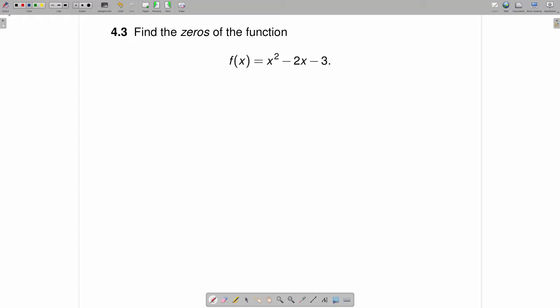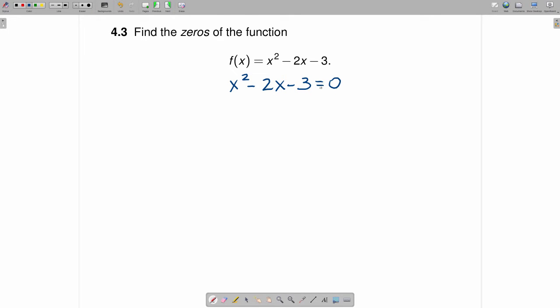Find the zeros of the function f of x equals x squared minus 2x minus 3. When you see the word zeros here, that is the same as saying, where is this function equal to 0? And that's the same as saying solve x squared minus 2x minus 3 equals 0, which is a quadratic equation